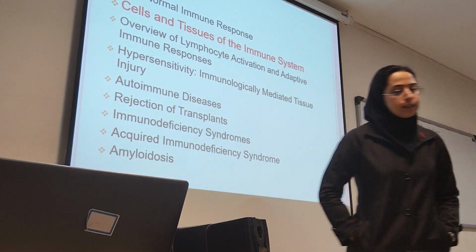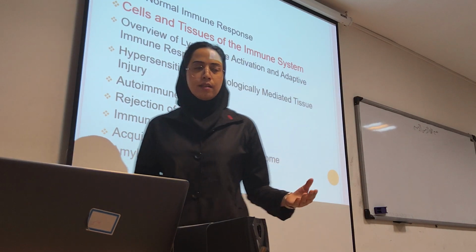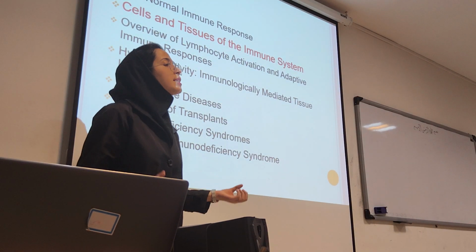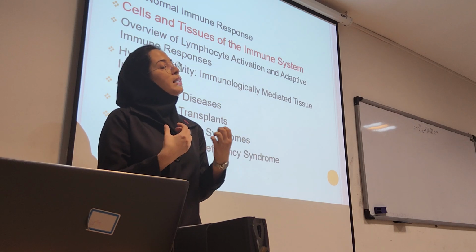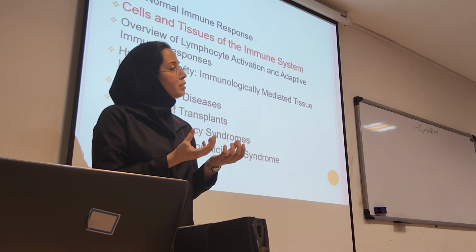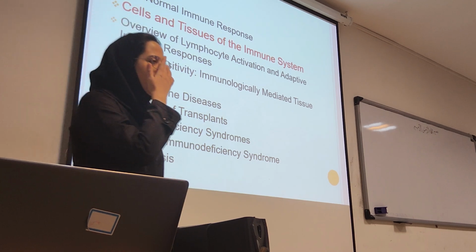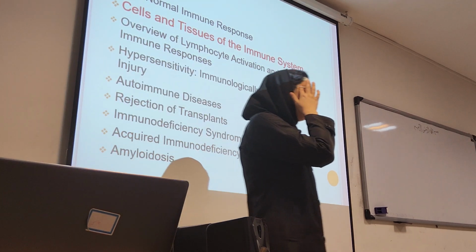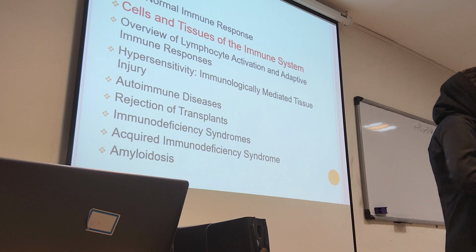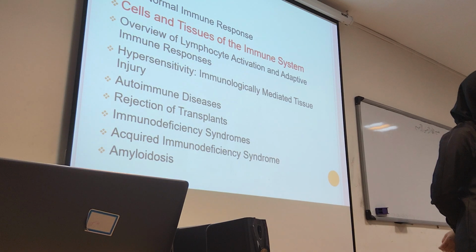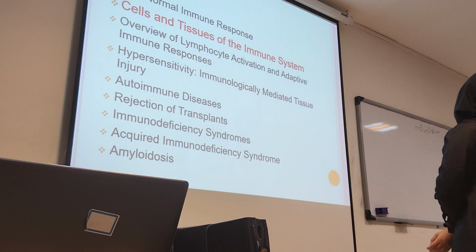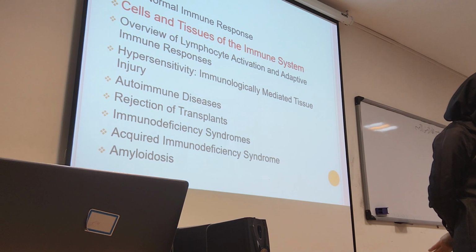As we can understand from its name, it is a helper. It helps mostly by producing cytokines. And what about the TH17? It's also helpful. We are going to talk about it. It produces interleukin 17, which activates